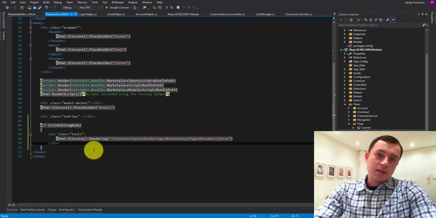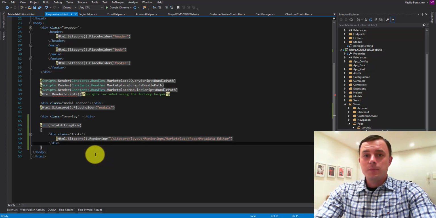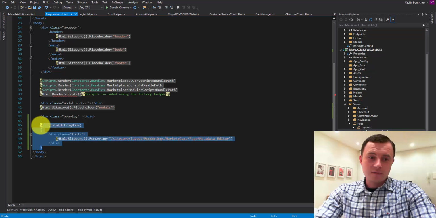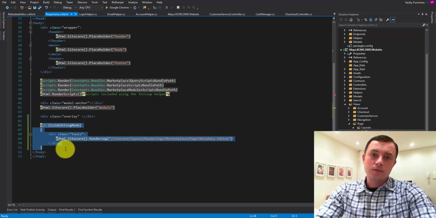Now, the company recently started caring about search engine optimization, right? All of a sudden, it became very important for us to edit metadata and meta tag fields. Unfortunately, that's not something we can do in the Experience Editor because the developers did not expose that this way. So now we have to go into the content editor to do that. Now, here's what's going to happen with this content author. Over time, as she logs into Experience Editor to do most of the things and logging into Content Editor to do that one thing,